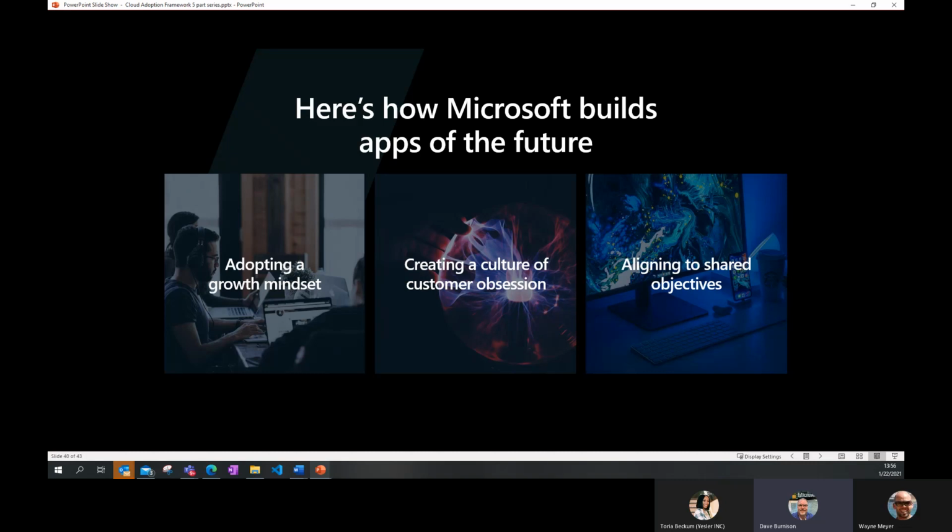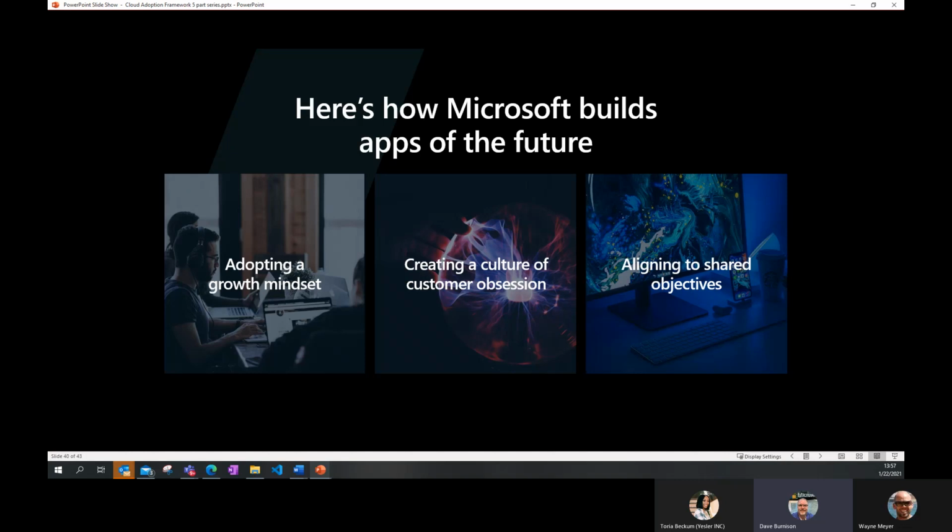And then aligning on shared objectives. A key thing here at Microsoft now, pretty much all teams, and I think you talk about this, is looking at objectives and key results, rather than saying, hey, we want to just focus on lowering the number of bugs in the software, or, hey, we want to pick up our velocity from 10 story points to 15 story points over the course of the next sprint. No, the objectives we look at are things like, we want to grow a strong and happy customer base, or we want to make Power BI the world's premier data analytics service, or something like that.